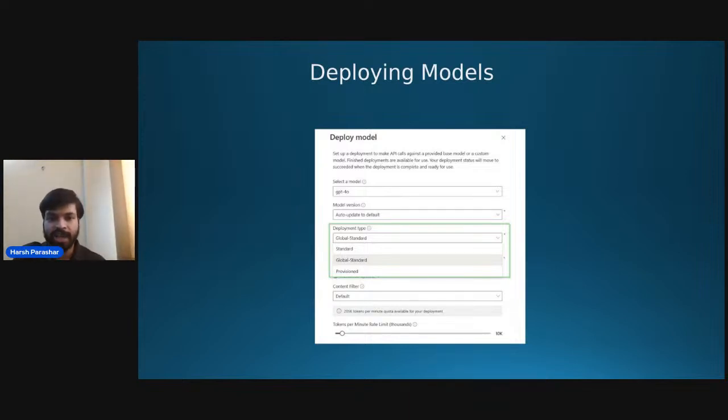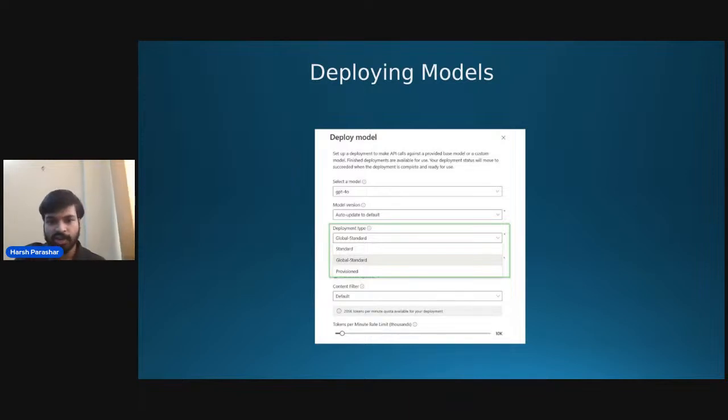So firstly it asks you to select a model. For selecting a model, it will offer GPT-3, GPT-2. I don't think any of you will use GPT-2. GPT 3.5, GPT 3.5 Turbo, GPT 4o, GPT 4 Turbo. So you can use them as per your plan and your use cases. Then model version. You can select the model version accordingly, and you can update it as per your use, or you can set up auto update as it is showing.